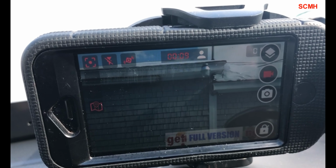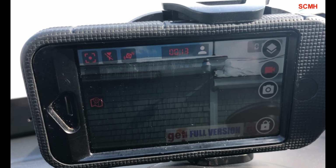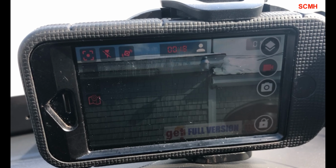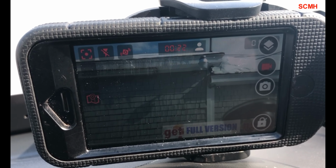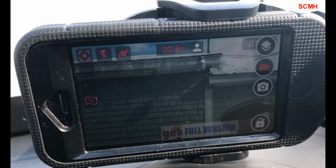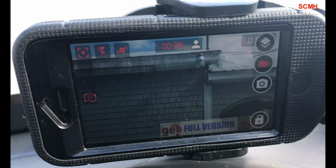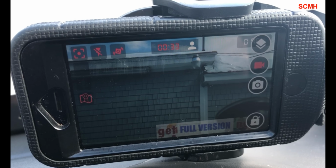Something cool happened or something dangerous happened, or you just want to save the file, do that lock to prevent it from being overwritten. So it saves the file every 2 minutes, and then starts up a new file. As the phone starts filling up, it will delete the oldest file that isn't locked and continue on. So I'll do a little short trip through town here and show you how it looks